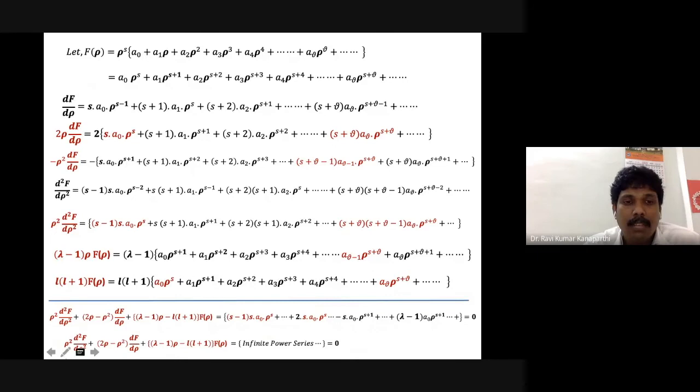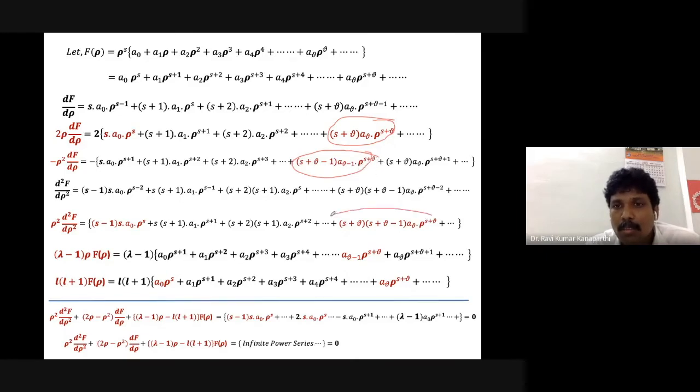Here I don't know how many of you really noticed, there are rho to the power s, rho to the power s plus mu. There are several terms which are highlighted with red color. So here, rho to the power s plus mu. This is also a coefficient of, okay, s plus mu minus 1, a mu minus 1 is a coefficient of rho to the power s plus mu.